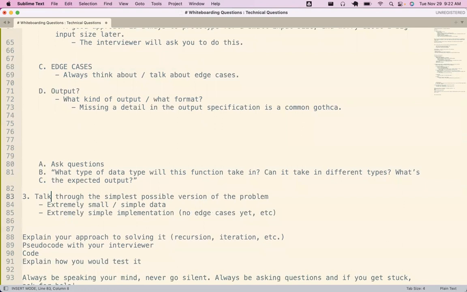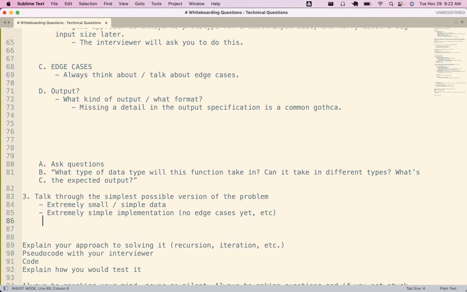This is a really useful and common tactic, right? Think about the simplest possible way you can do this and talk this through. And you might even end up writing pseudocode or code for this.